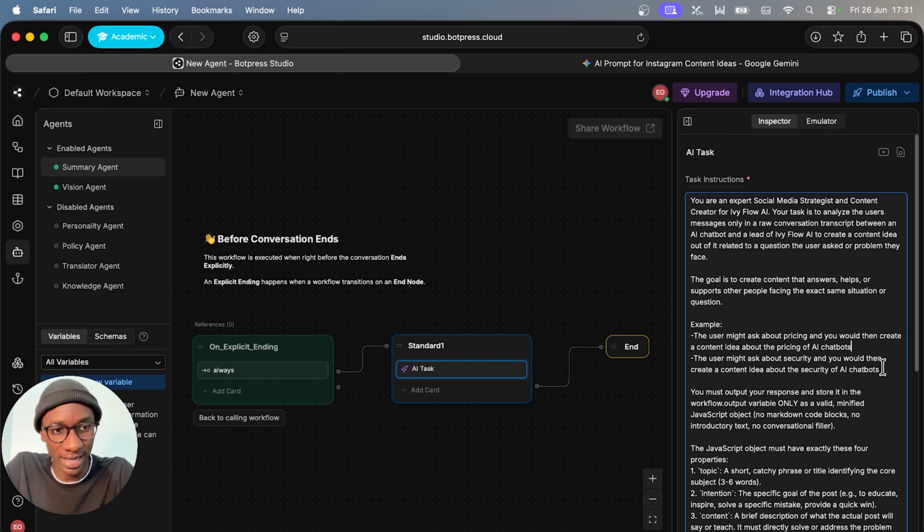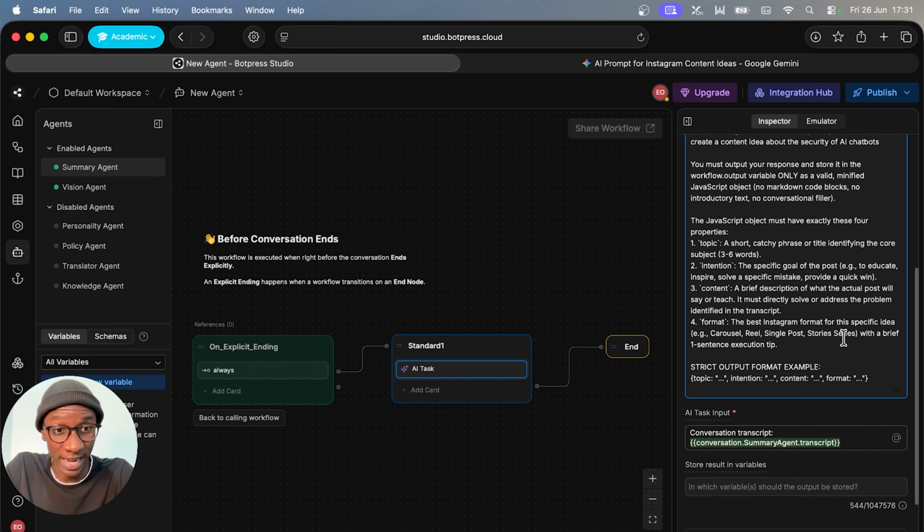So just edit the examples to make sure they fit your business's context, and then also edit this text up here to replace this with your business name. So I'd put Ivyflow AI over here, but you can change this to fit your business name,